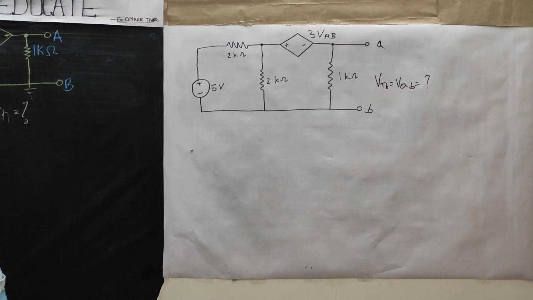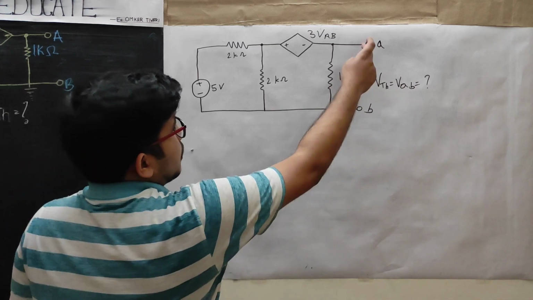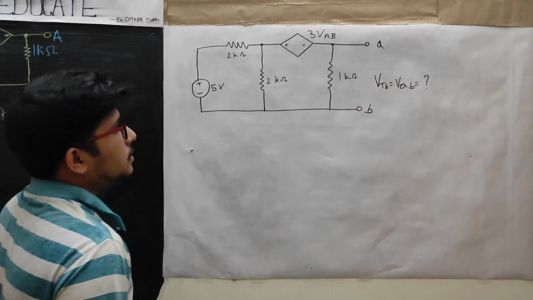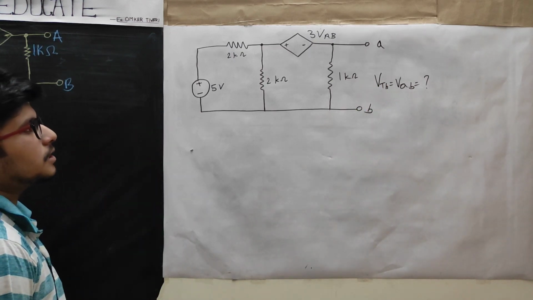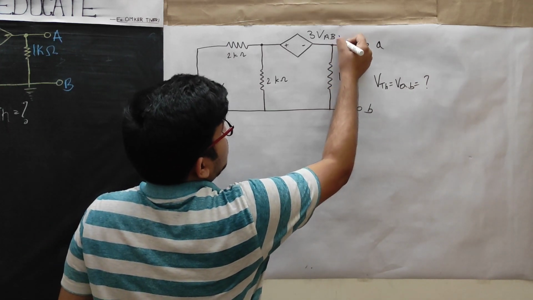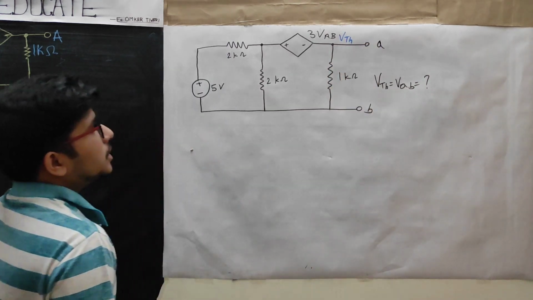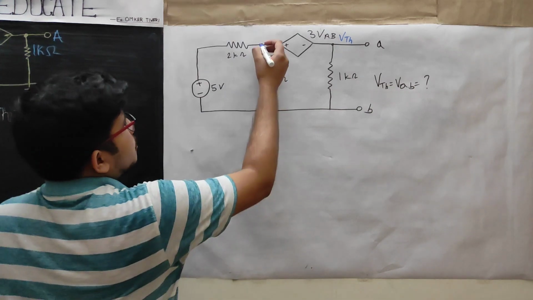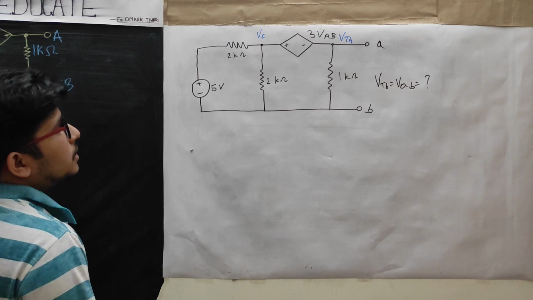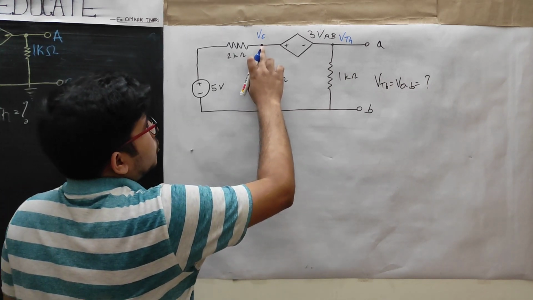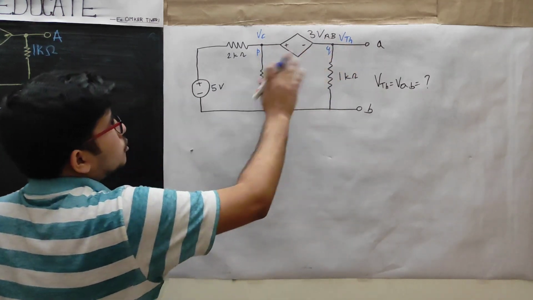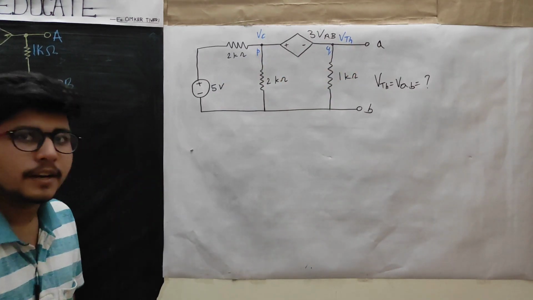In this, the question has been asked that we have to find the voltage across points AB, which is VAB, and VAB we can consider as VTH. So the voltage at this point is VTH, and suppose the voltage at this point is VC. Between these two points, suppose this point is P and this point is Q. Between these 2 points P and Q, there is no load.